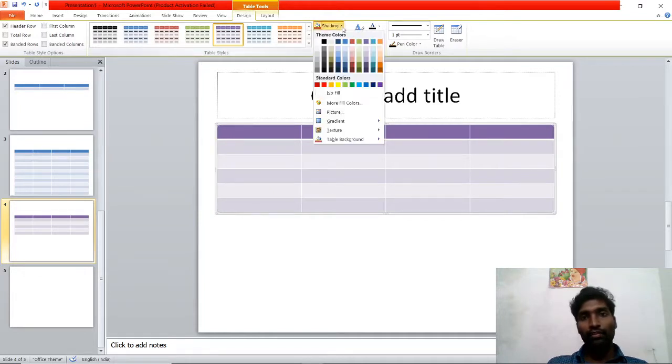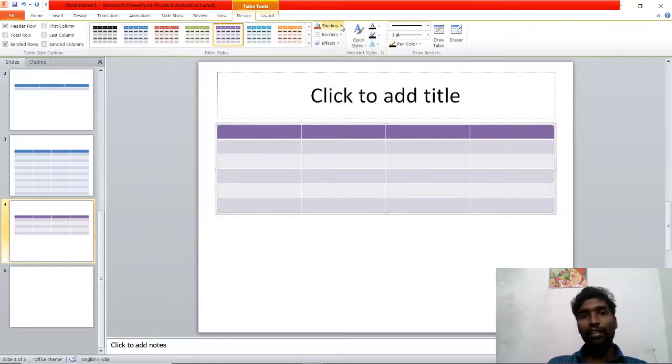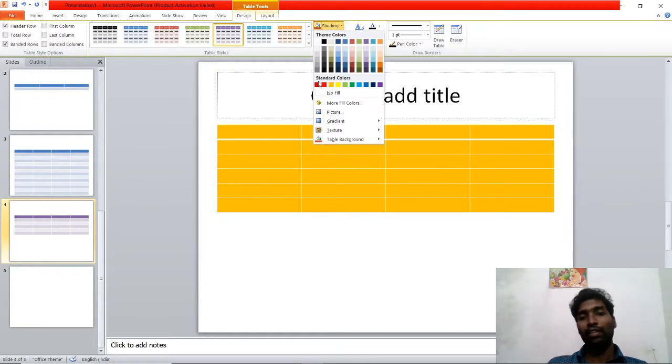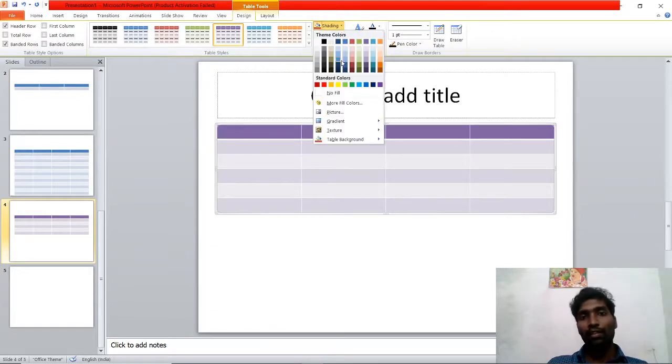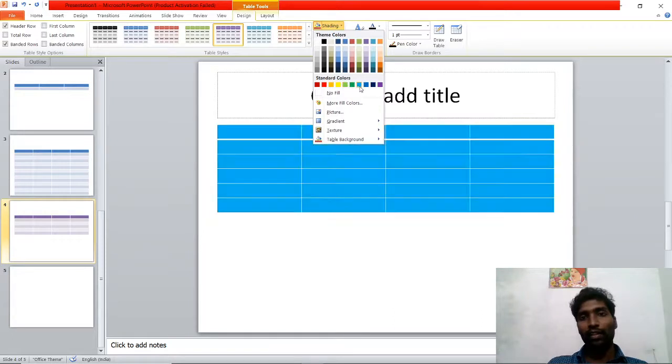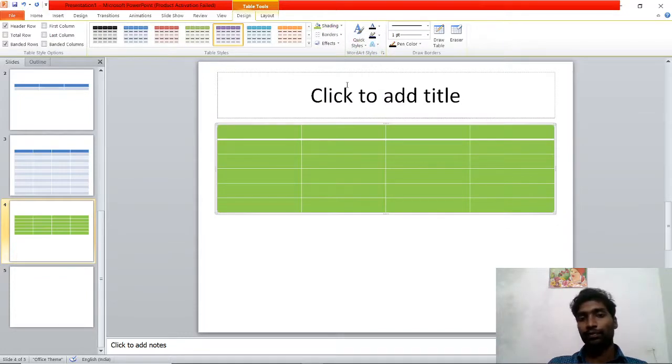If I just click on the shading, it applies to the particular cell where my mouse cursor is blinking. But when I click the table shading, the entire table is selected, and whichever color I select is applied to the entire table. So this is shading.